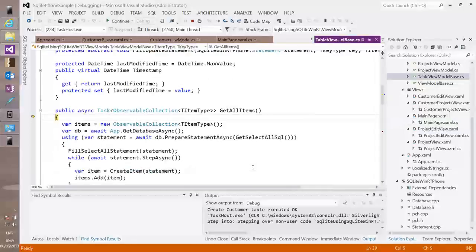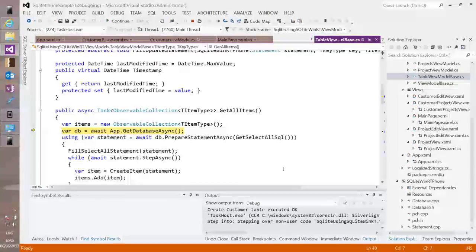So actually what we do here is, this is the method. I'm going to talk about this in more detail in a moment. But this first thing here, await app.GetDatabaseAsync. This is actually all your data access code in this sample. And we're trying to do a really good, real example with this. This isn't a brain-dead, absolutely simple sample that you see at TechEd. This is actually a proper way of doing it that you can use in your own solutions. This method is kind of like a gatekeeper. And inside it,